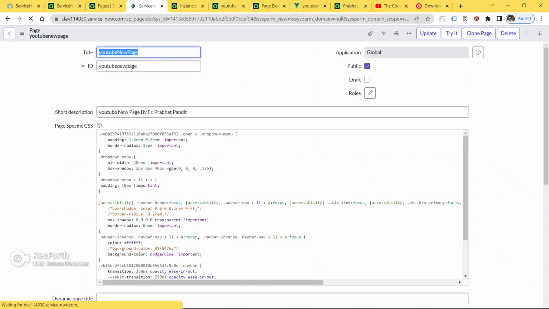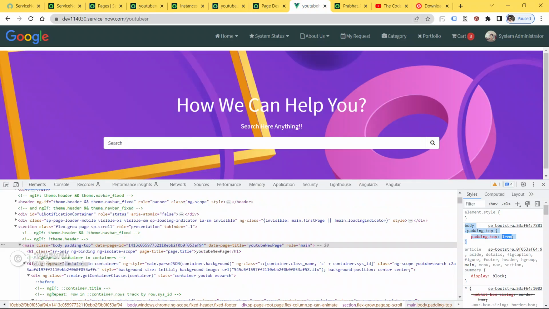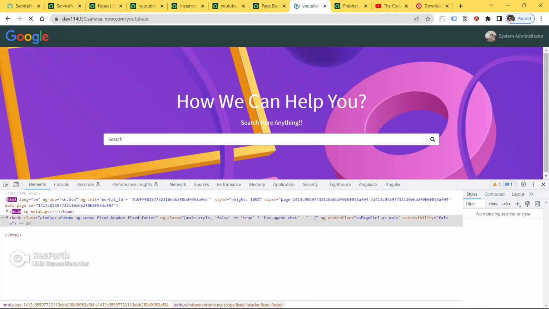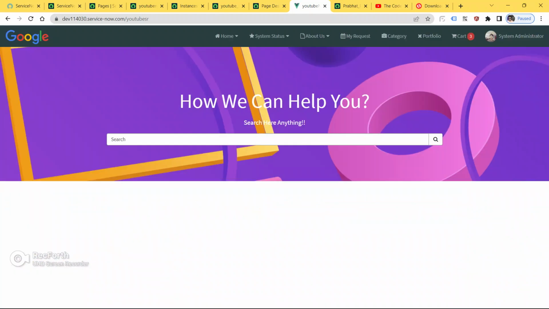Now go to the menu, right click and click save. It's saved. Go here and refresh the page. Now we won't be able to see any kind of bug like previously we used to see.